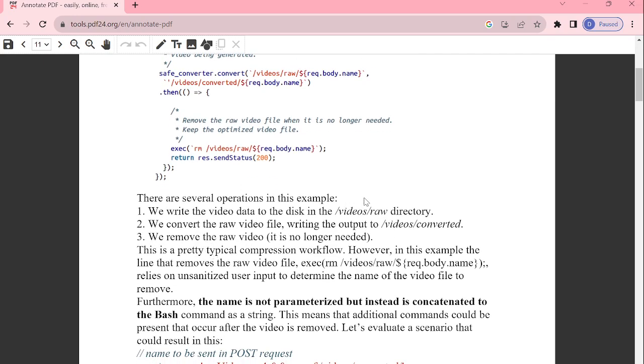So there are several operations in this example. Write a video to the videos raw folder and convert the raw video. The video is converted and we remove the raw video. These are the three points that are available in the program. So now